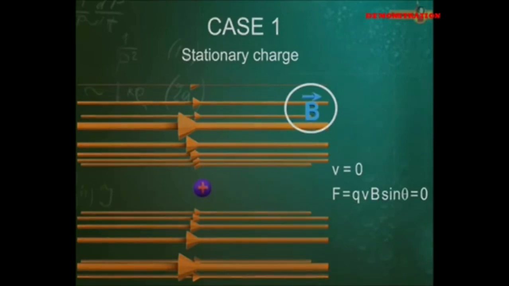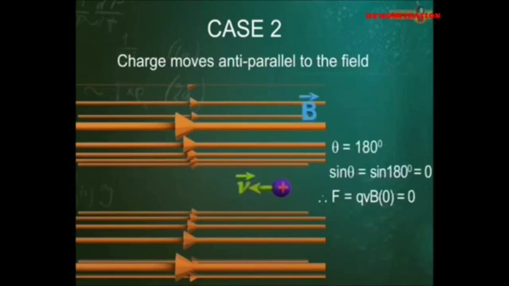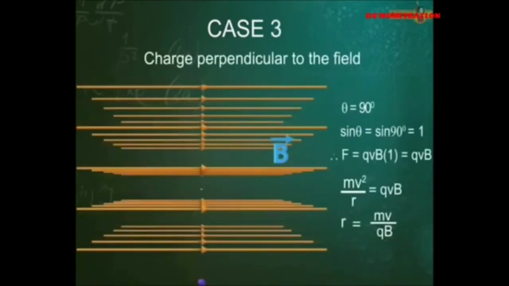But that's not all. If the proton moves in line with the magnetic field, then the cross product ends up being 0, and the proton still feels no magnetic force. Likewise, if the proton moves exactly against the field, the cross product is once again 0, and again the proton feels no magnetic force. So, let's consider the case of a proton moving in the positive y direction at 500